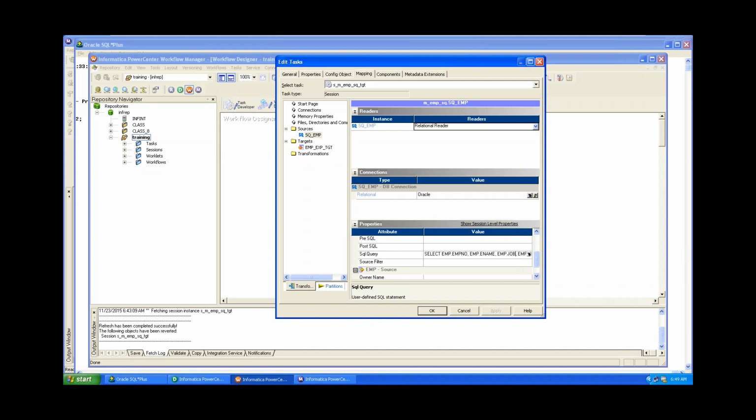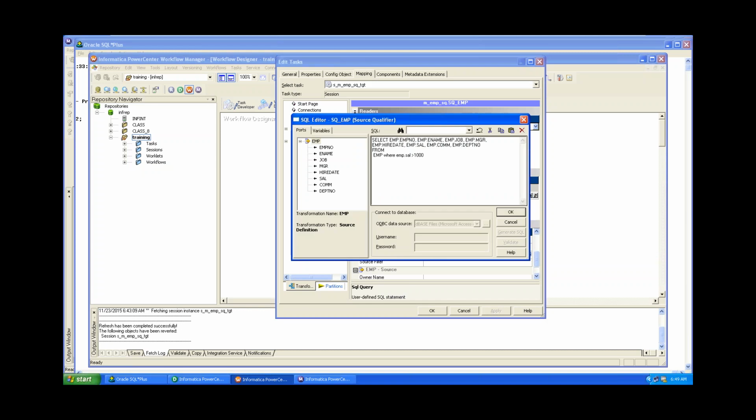If you modify this query in the session properties, but in the main query it will be salary greater than 1000, but here do one thing, salary greater than 3000, edit it, salary greater than 3000. Now which one will it give the preference? It will give the preference for session level, or it will just use the 1000,